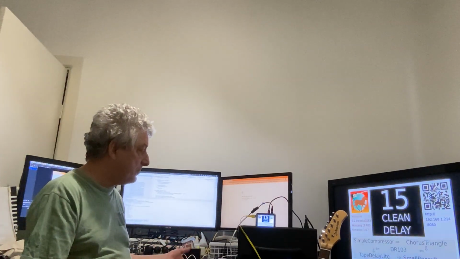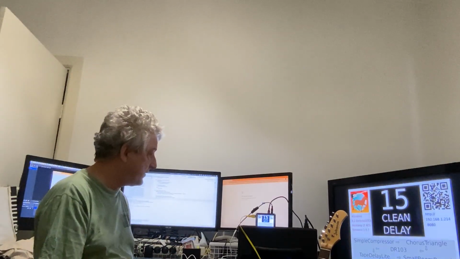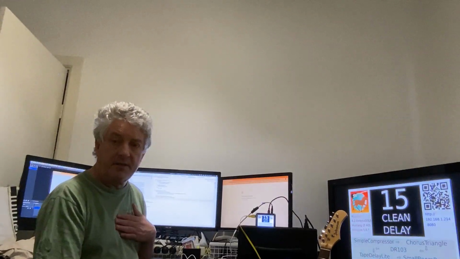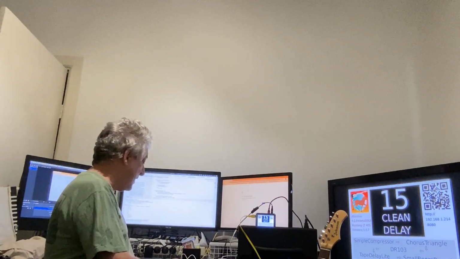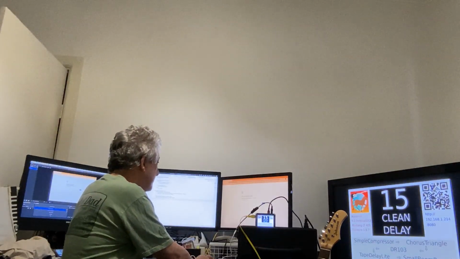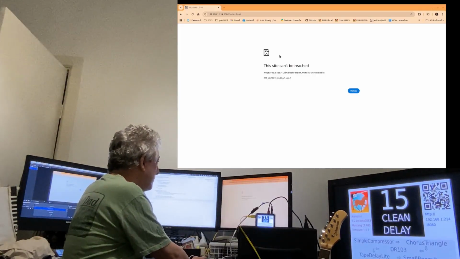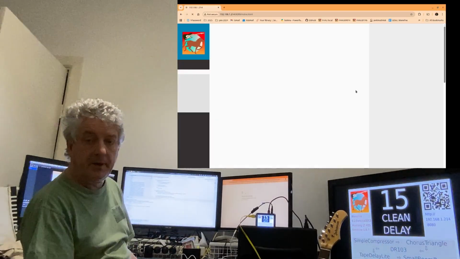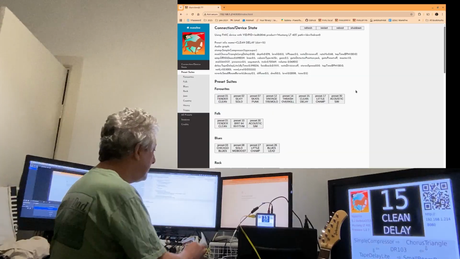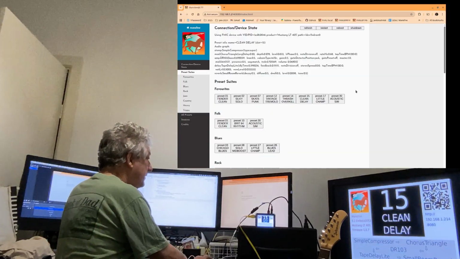Now, as I said earlier, my vision for this is that it should be highly portable. So normally you'd probably want to use this with a tablet on the same wireless network. In this case, my tablet is actually taking a picture of me at the moment, so I will show you that on a computer. I've actually already filled that URL in here, and it's a site can't be reached page at the moment because I filled it in before I powered that up. So if I reload it,